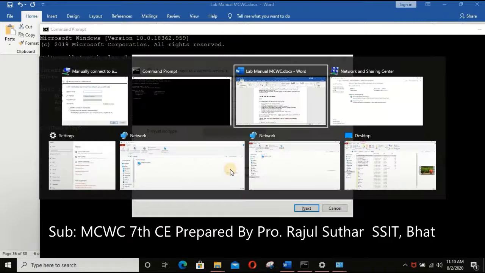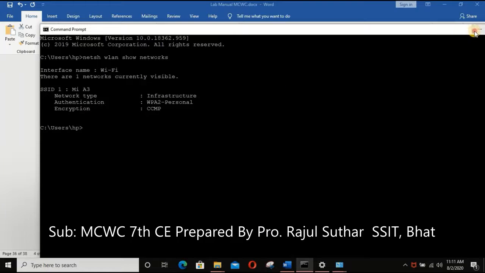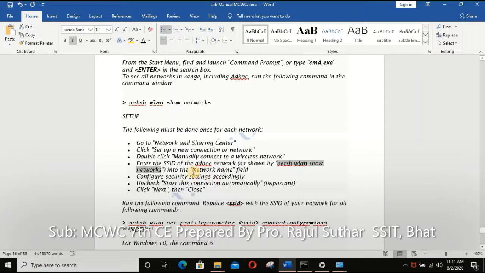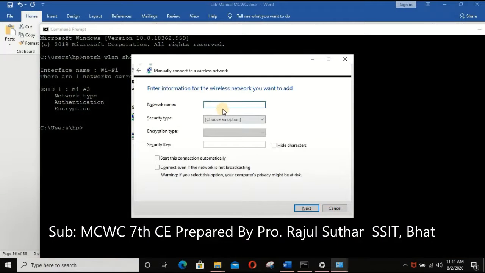In the next step, enter the SSID of the ad hoc network as shown by netsh wlan show networks. This result was already generated in the command prompt. Here the network name field is given. MIA3 is our network SSID or network name, so simply we type MI space A3.